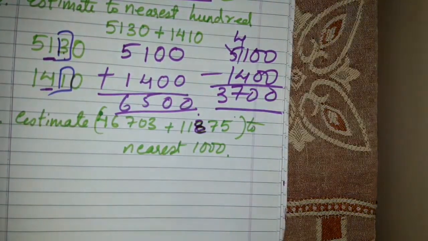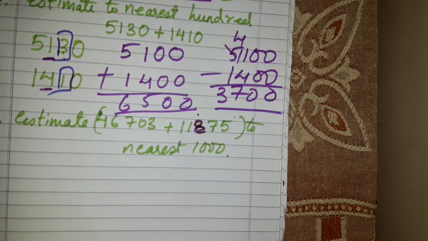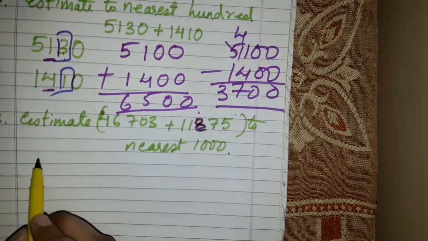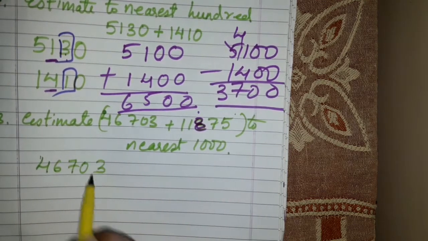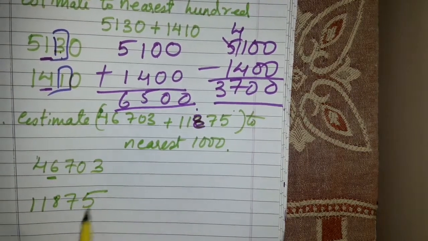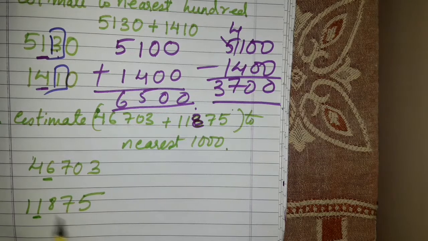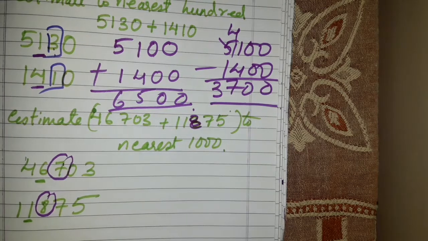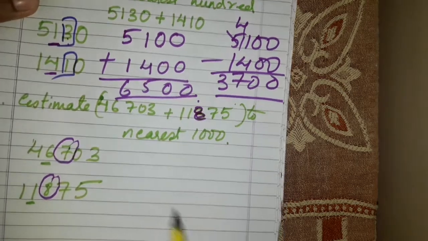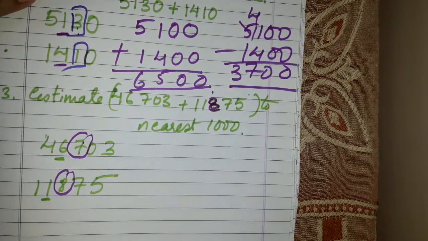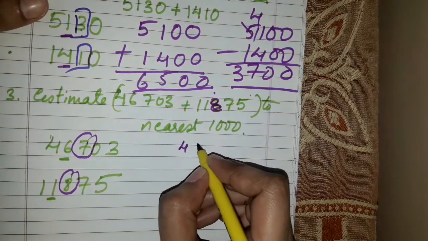Till now we were getting all the right hand side digits less than 5, so I decided to take this one where we have the right hand side digit more than 5. So let's round off both the numbers individually first. We have to give the answer nearest to the 1000 place, that is this place, and in this number 1875 to this place. So we will look at the digit which is on the right hand side. Let's circle it or make a square there. It's up to you, whichever shape you want to use. If you see, it is 7 here and it is 8 here. Both of them are greater than what? 5. So let's see individually.